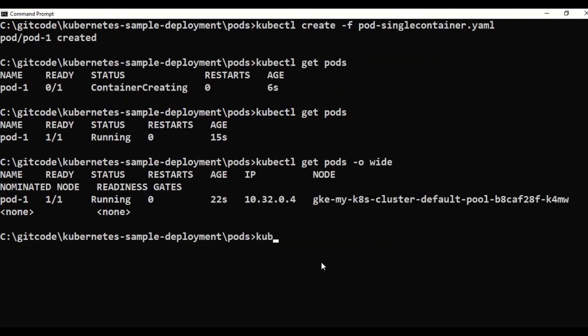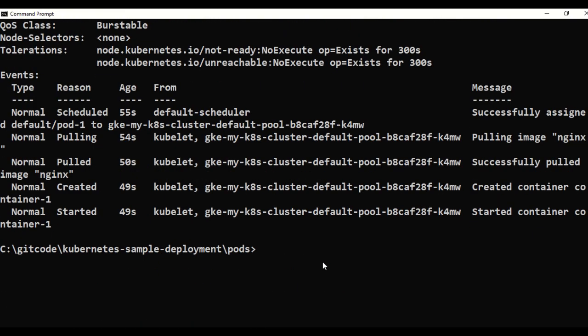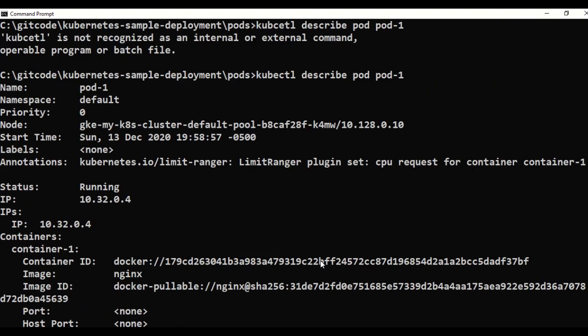Okay, now we will run the describe command to see what is in our pod. So describe pod, and this is our pod 1 name. Okay, here you can see the name and the namespace. By default it is created in the default namespace, and this is the name.